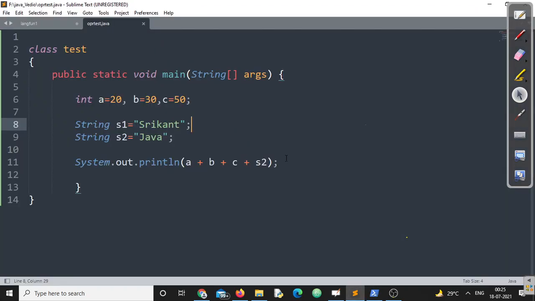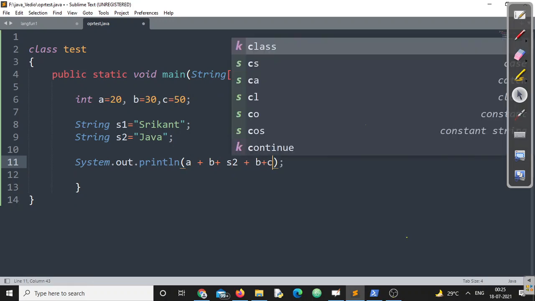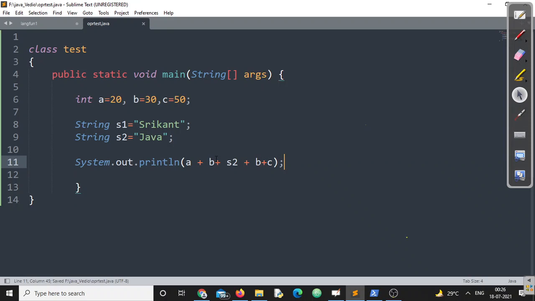Now, let us do a different example. Suppose I am writing here a plus b plus c. Listen very carefully to what I am writing. I am writing a plus b plus S2, and after S2, again b plus c. Now, tell me, is this valid or invalid, and if it is valid, what will be the output?